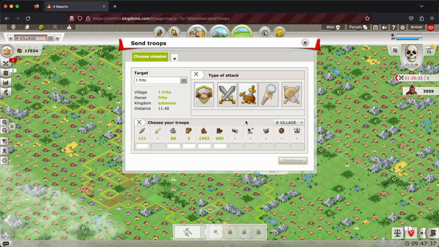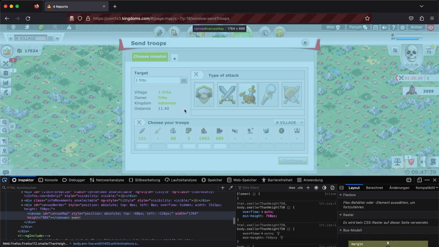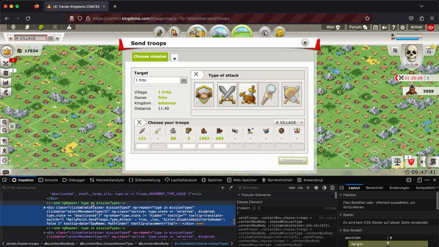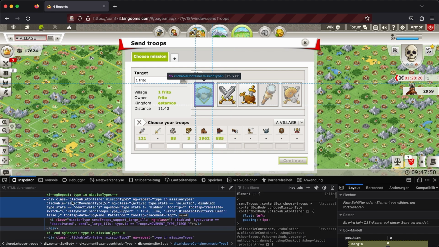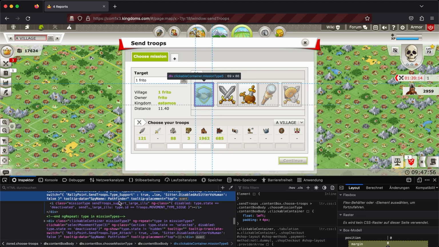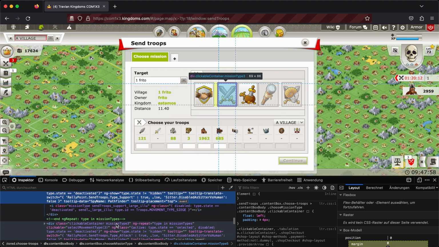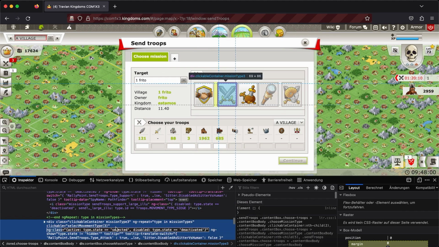So open developer tools and hover over the normal attack. This is a div element with class clickable container mission type 3. And if I would inspect the one next to it, it's also a div element with clickable container mission type 5 class. So since the mission type 3 and 5 are different, I will use that class name to get hold